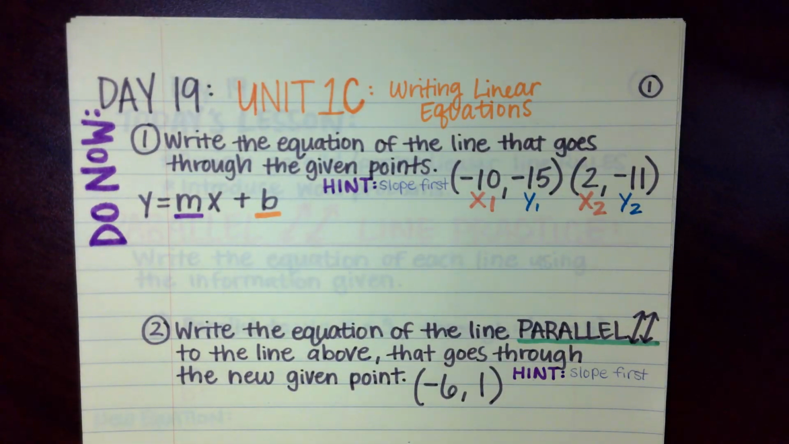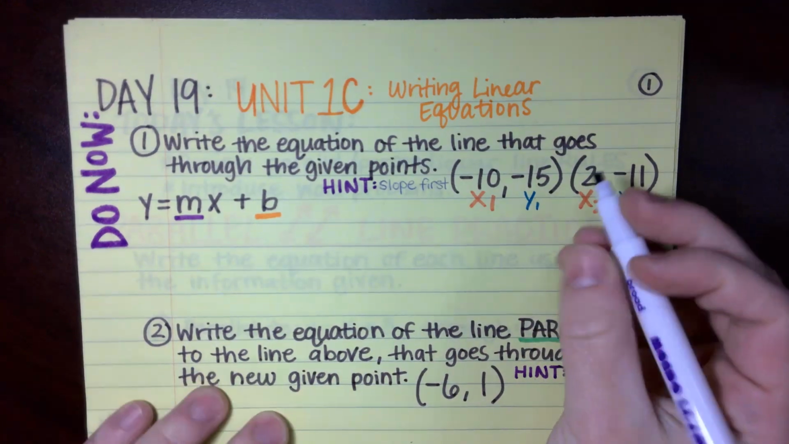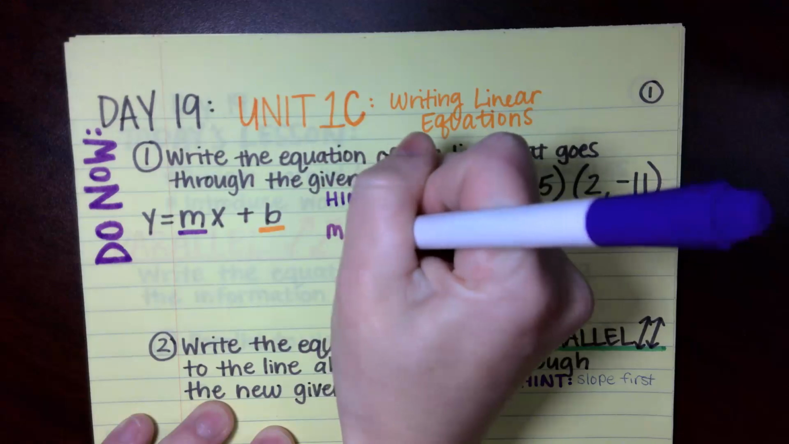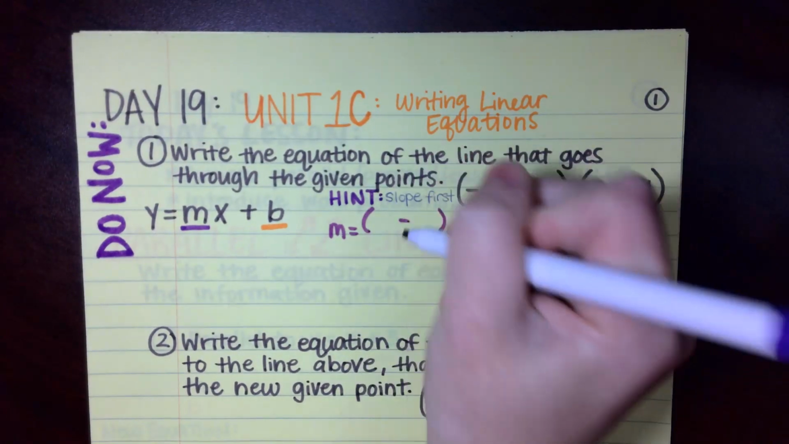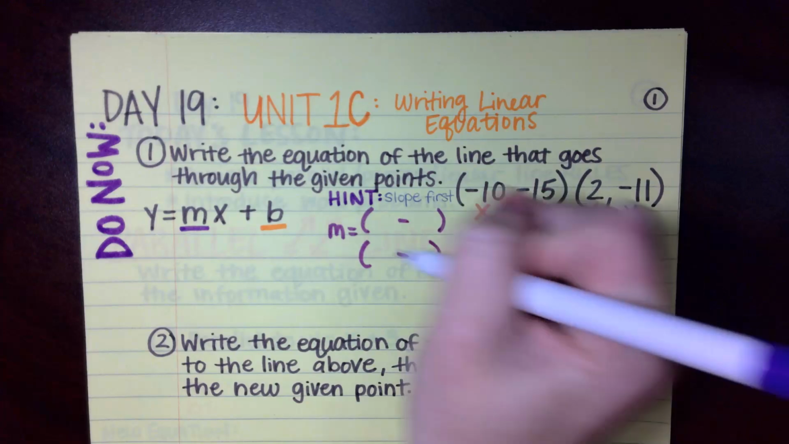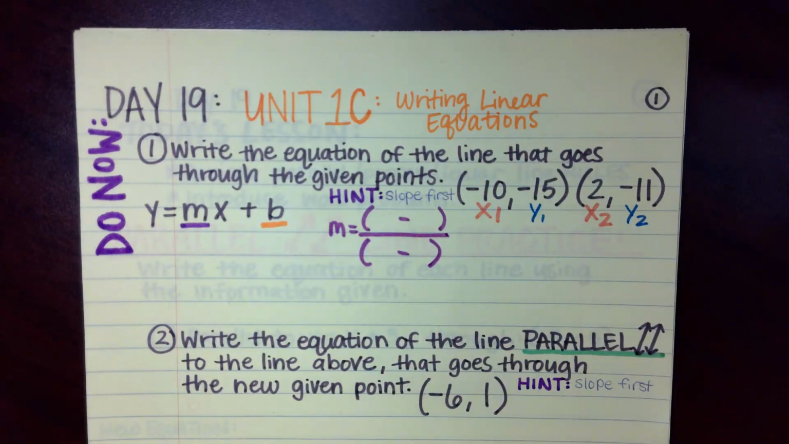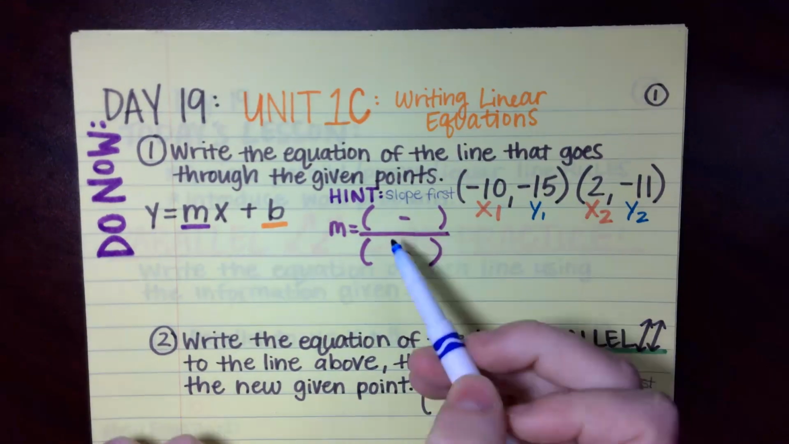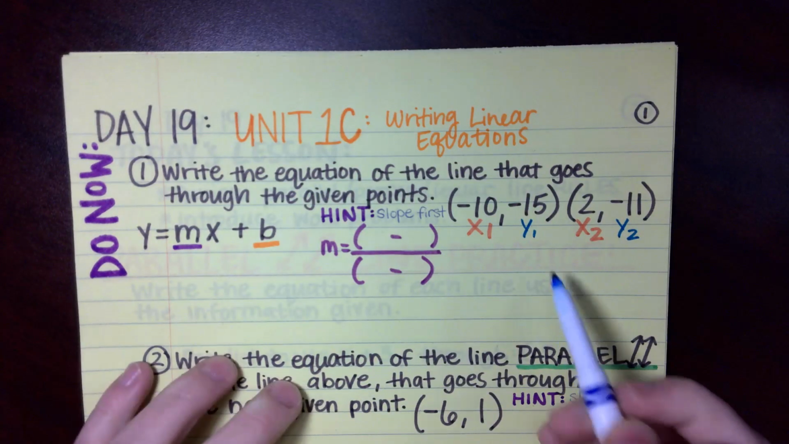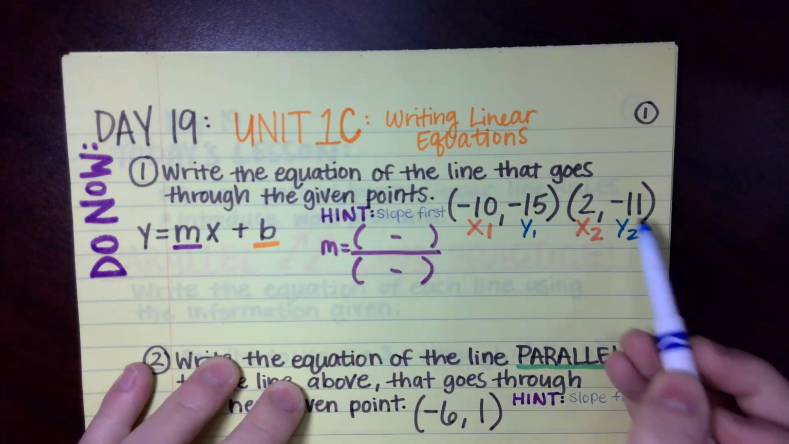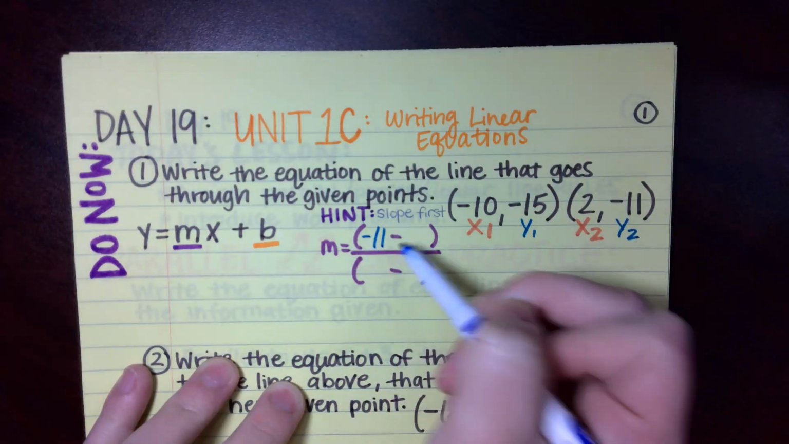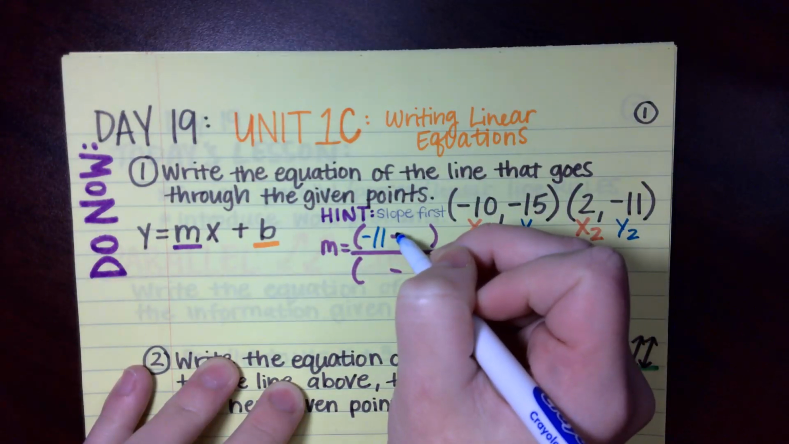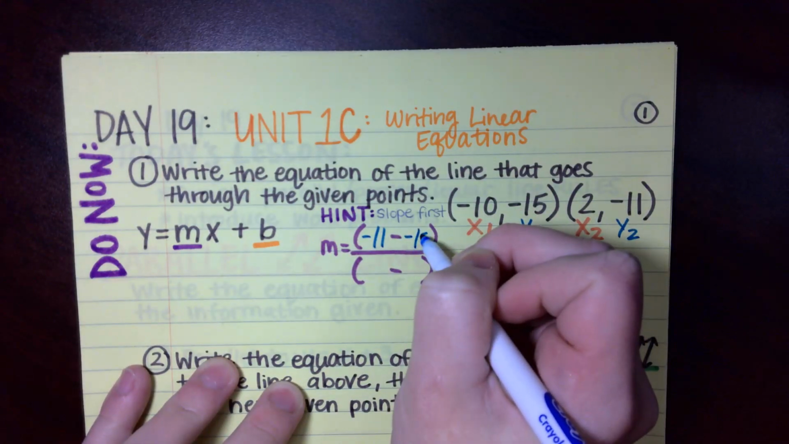We're going to do y2 plus 15. Yeah, so here I'm going to write my slope formula. M equals something minus something over something minus something. y2 minus y1. So y's on top. So what'd you say for the top? Do -11 plus 15. All right, so -11 minus -15, which, guys, that does turn into